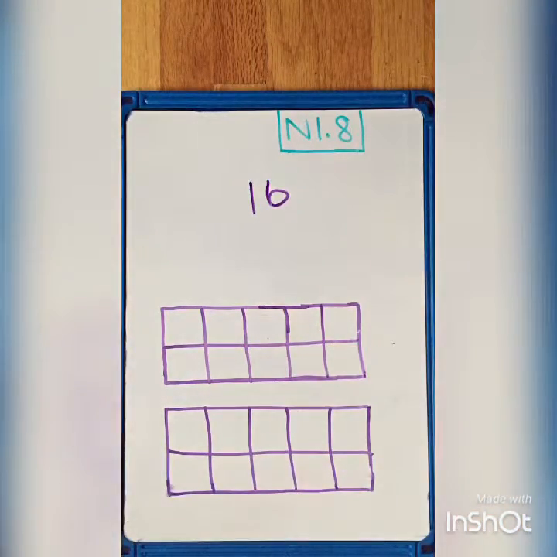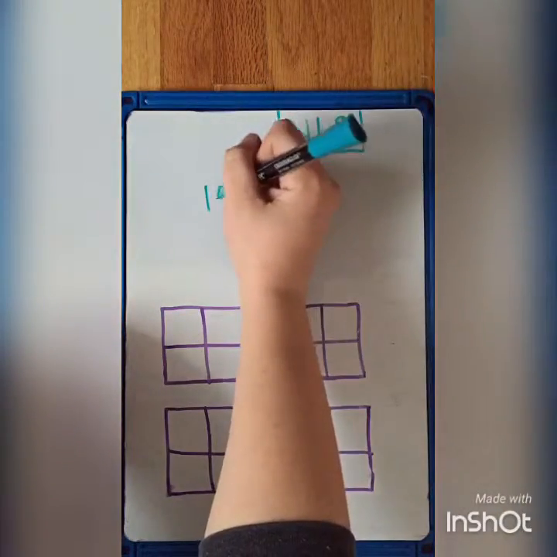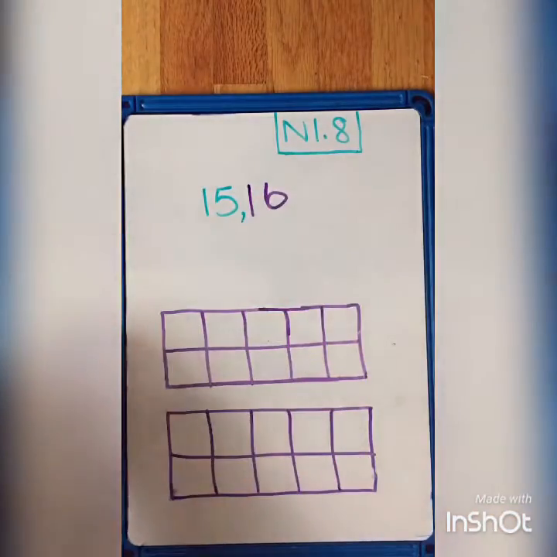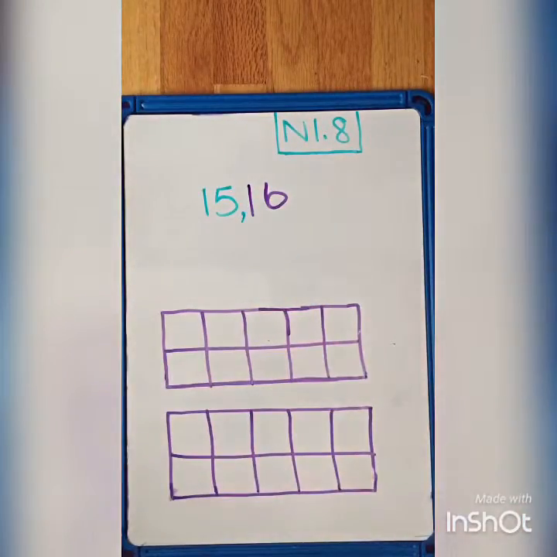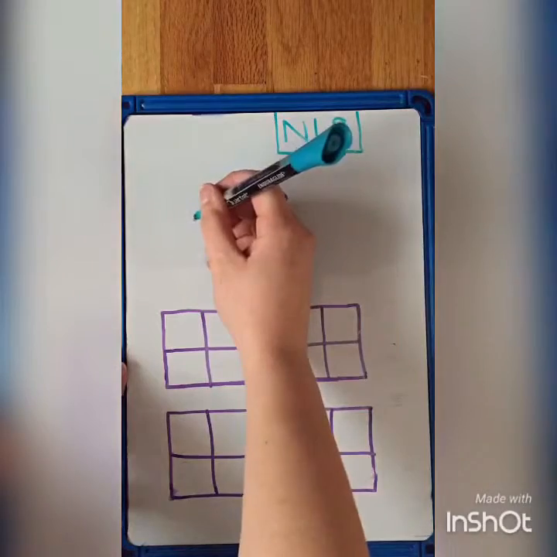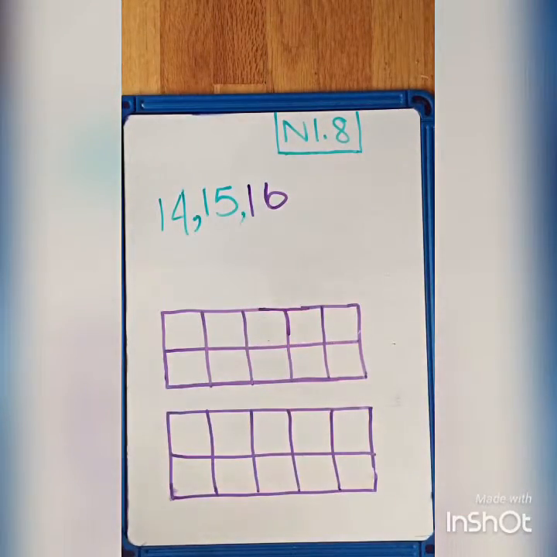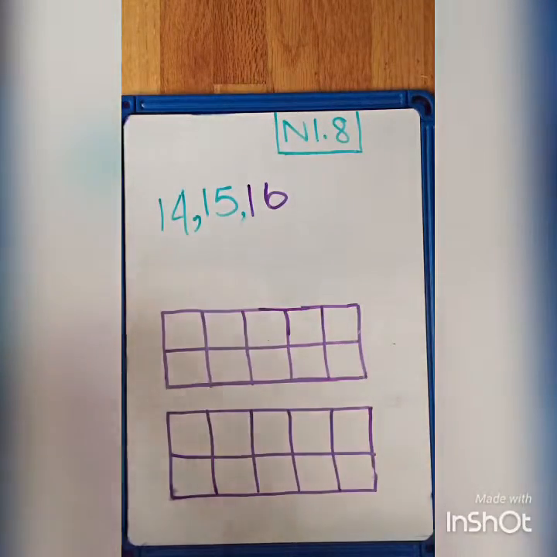And then we would ask for them to tell us what a number 1 less would be, which would be 15. Next would be a number 2 less than 16, which would be number 14. Another way for students to identify what the number would be is to use a 10 frame,